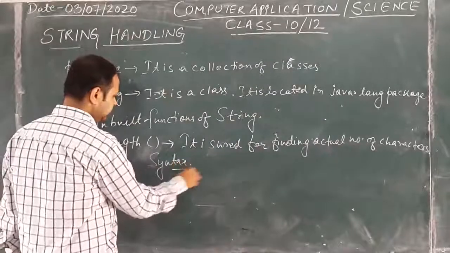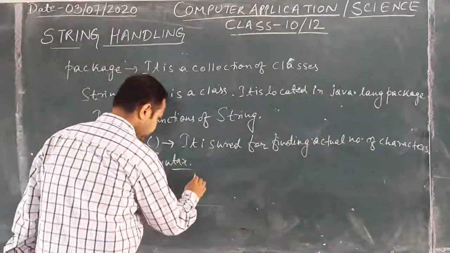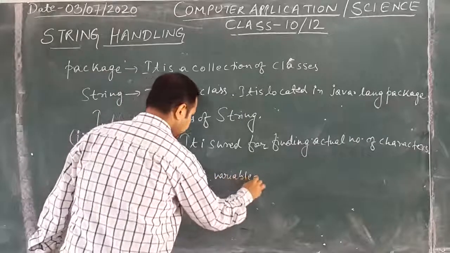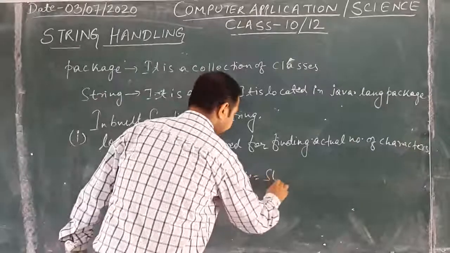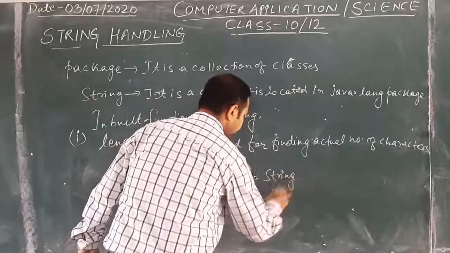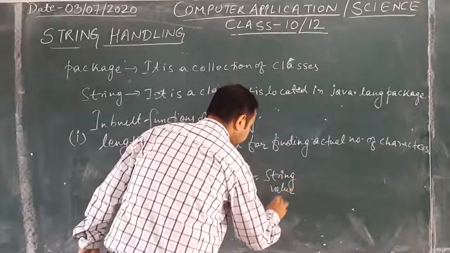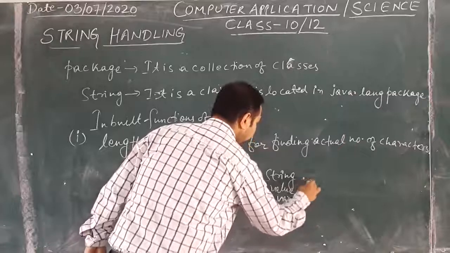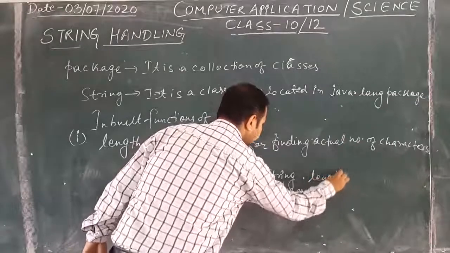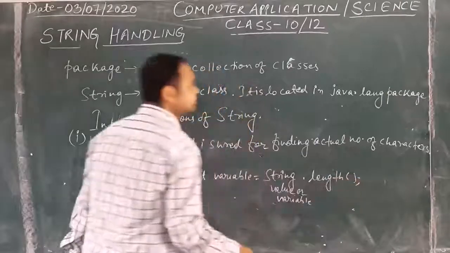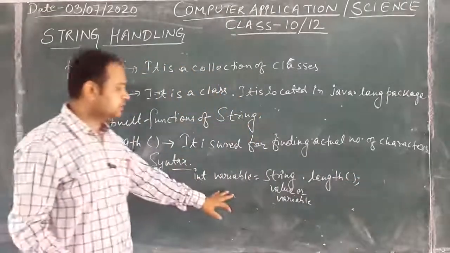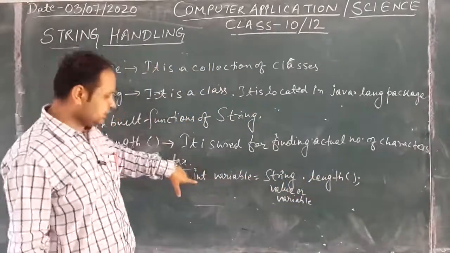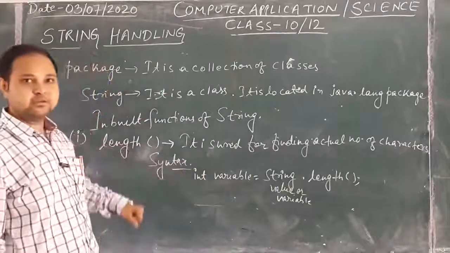Now what is the syntax which we use? We write int, then a variable, equals to the string, which can be either a value or a variable, dot length. So: int variable equals string value or variable dot length. Now what is the use of this integer? We are writing int here because